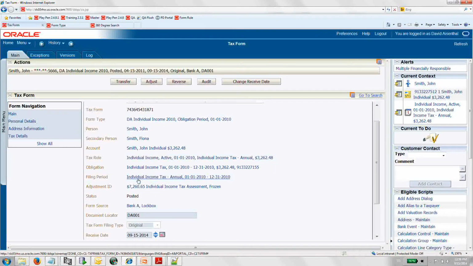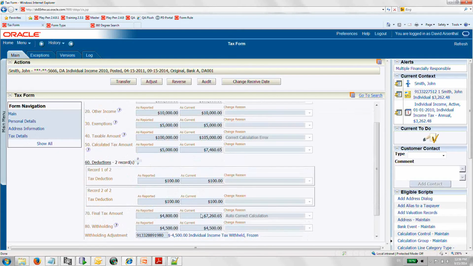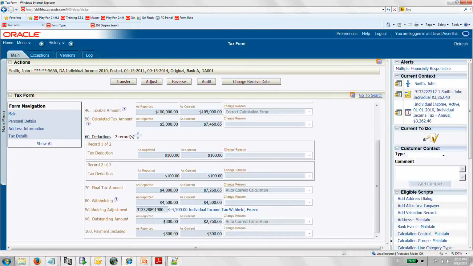And the filing period was picked up even at the validation step, and that came from the form type. And then we have the assessment, and the assessment of 7,200 is this amount here. This is a final tax amount. And you might have expected the outstanding amount to be 2,700. I've paid 300, so 2,400 really should be the outstanding amount after the payment, but you actually see that the balance is 3,200, and the reason for that difference is because